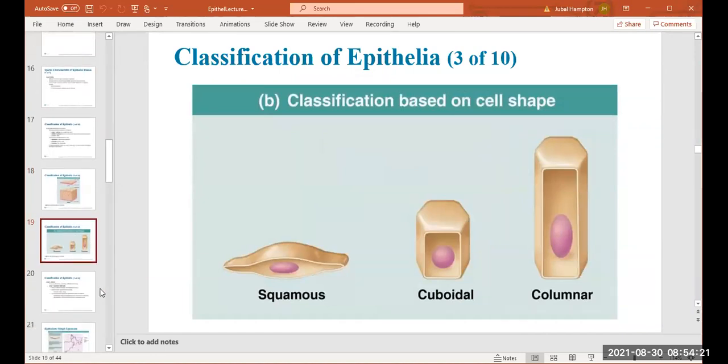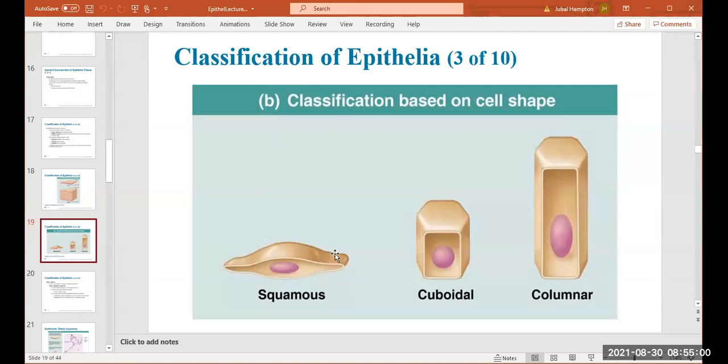All right, the different shapes are here. Squamous cells are flat. So think of squamous as like squashed. Cuboidal, well, it's shaped like a cube, and the nucleus is round and set in the middle. In squamous cells, the nucleus is elliptical and sits in the center. And so on appearance, a sheet of squamous cells under the microscope sort of looks like a bunch of fried eggs all pushed together